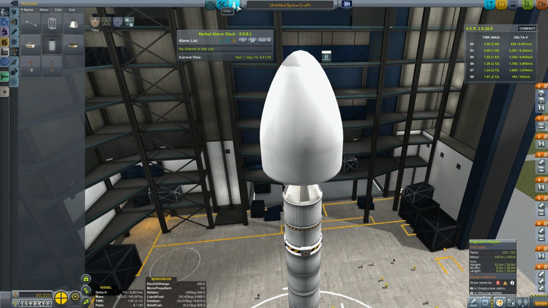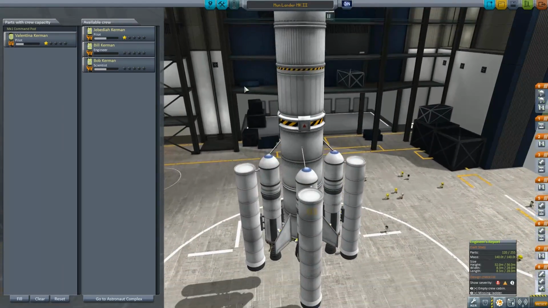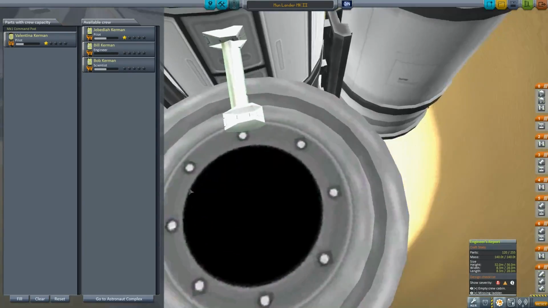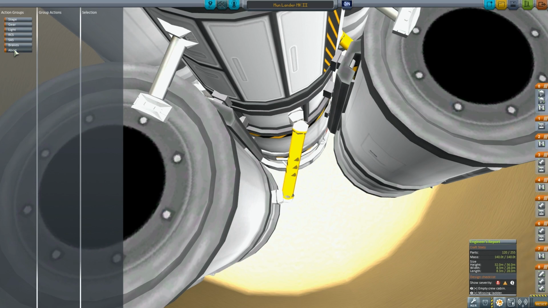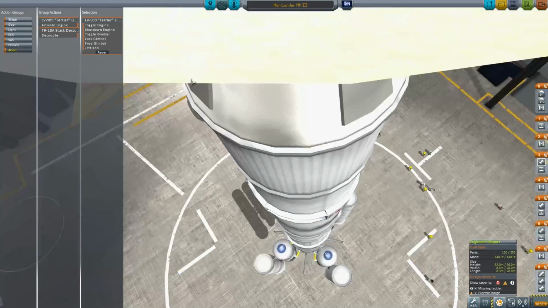Yeah, and I think we're about to launch this. Mun Lander Mark II. Safe. Get my alarms out of here. Valentina, you're going. And just in case we need to abort, we're setting up an abort sequence. Which would be decouple, activate engine,